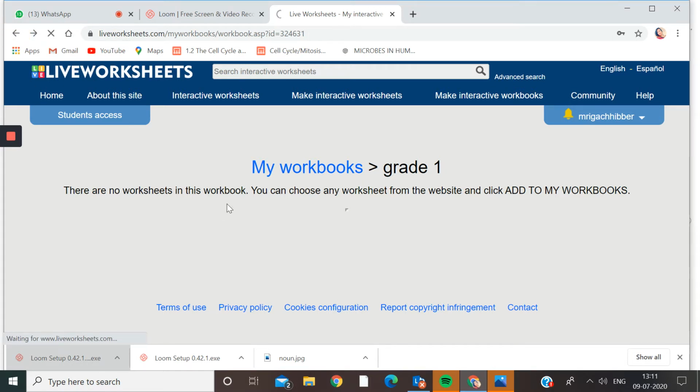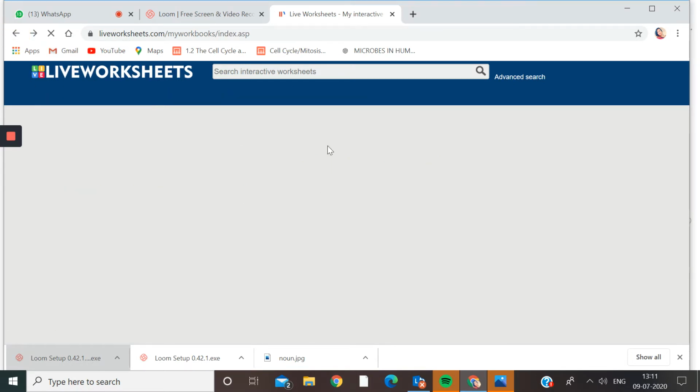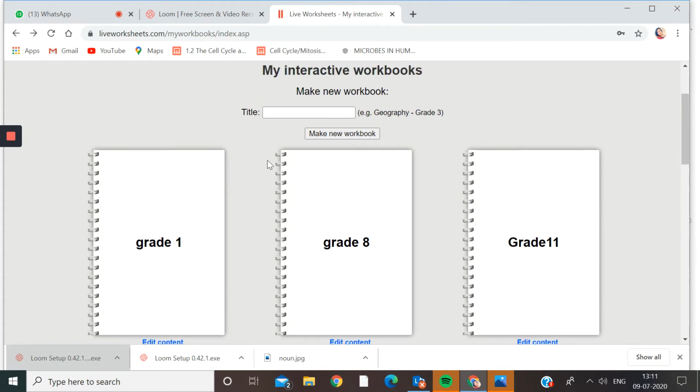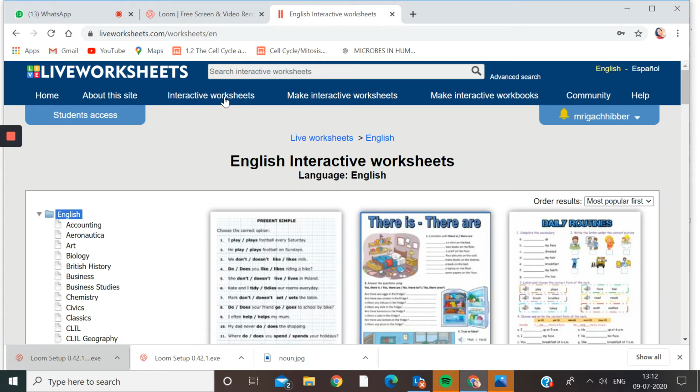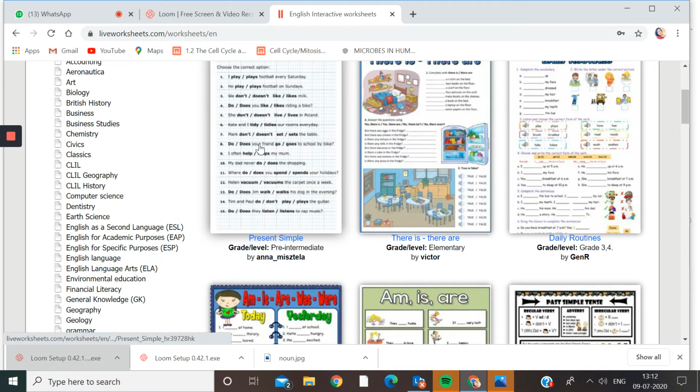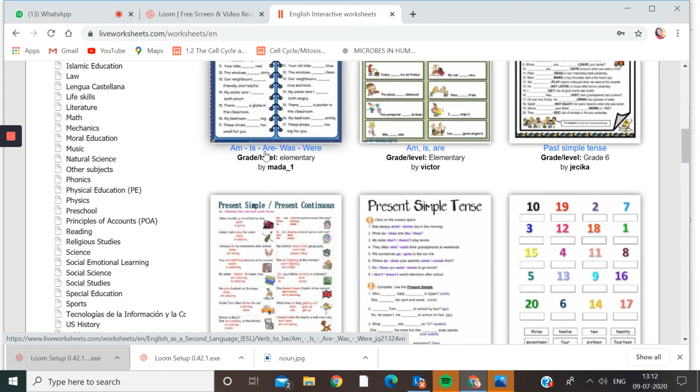So I want to add some worksheet in this workbook. So let me do that also. What I'll do is, now see, you can make worksheets in two ways. If you want ready-made worksheets, you can click on interactive worksheet. And if you want to make your own worksheets, you can go to make interactive worksheets. So first let us choose some interactive worksheets for class 1. I'll click on the button here, and suppose for class 1 I want to give this worksheet